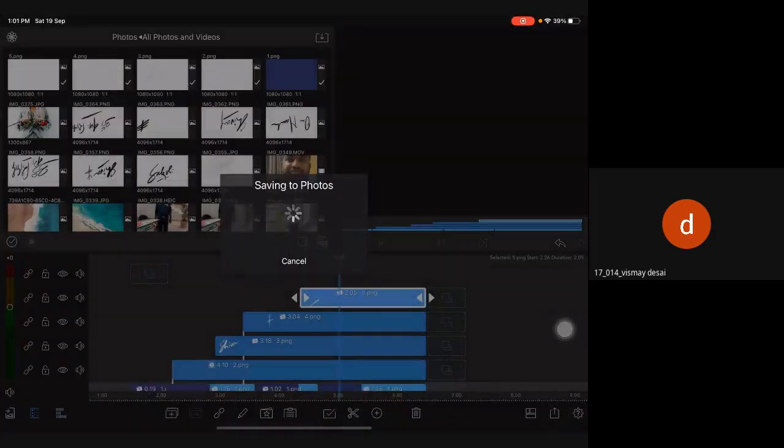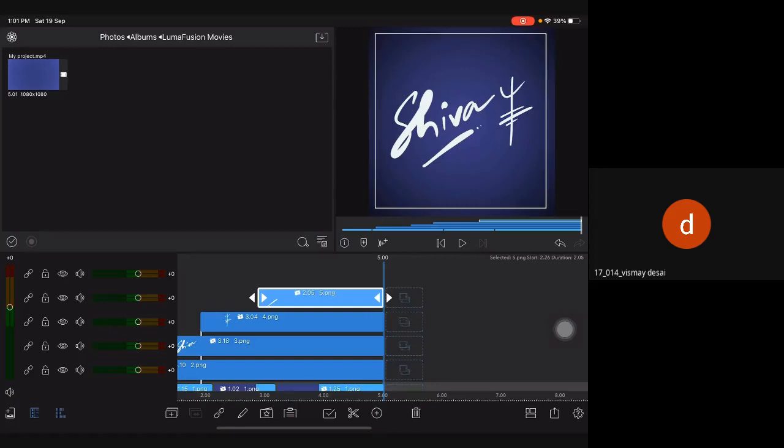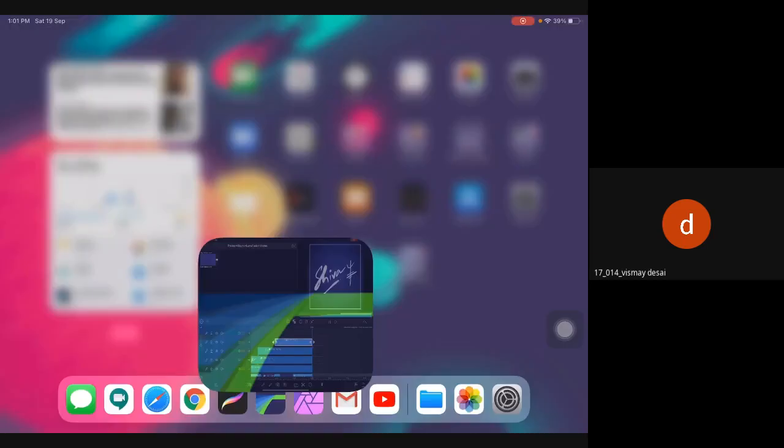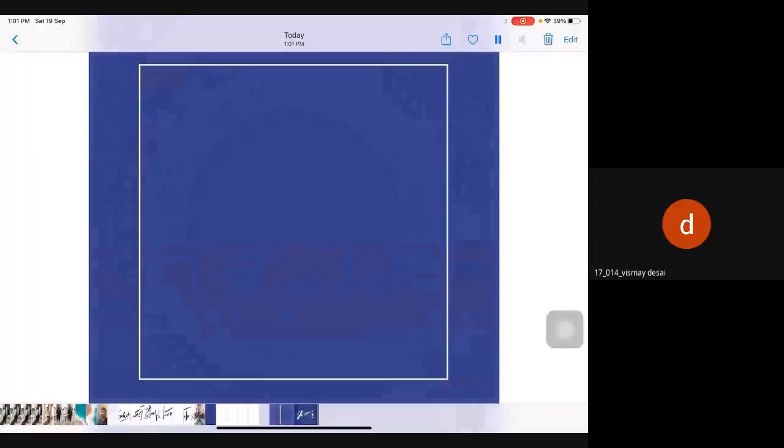Normally this process is called rendering, and it will take lots of time if your PC is not good. So here it gets rendered very fast, but in a normal scenario it may take time, right? So make sure that you can render properly at the end. Okay, now if we go to the movie, this is a 5-second movie, and as you can see, it will look like this.